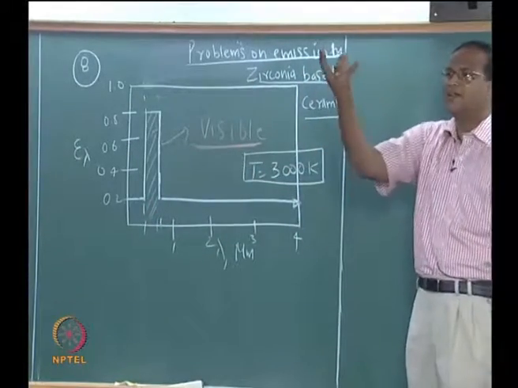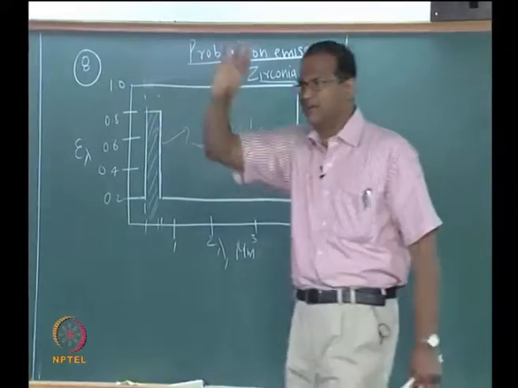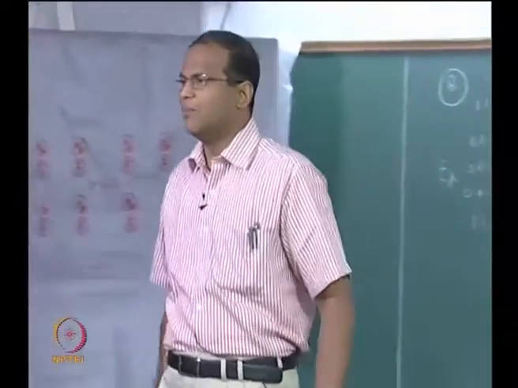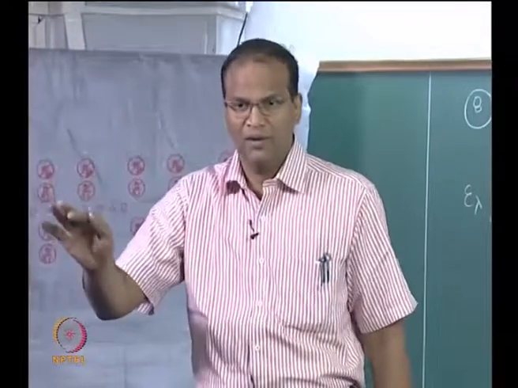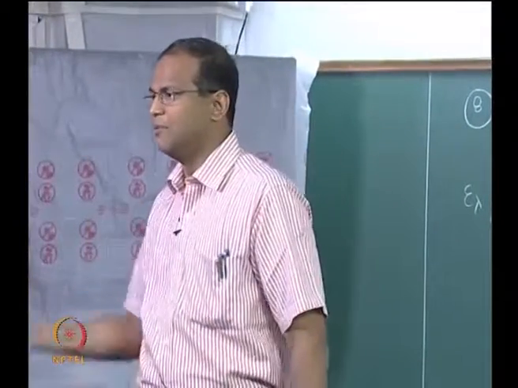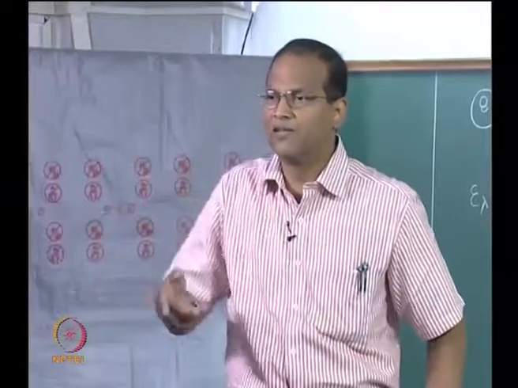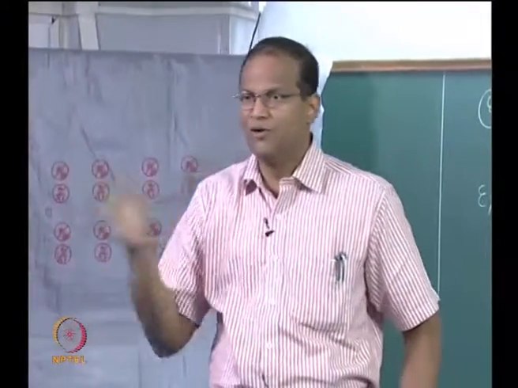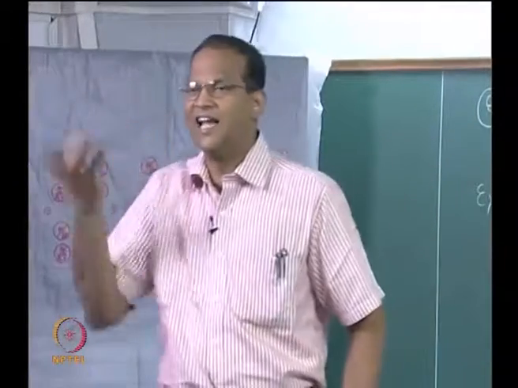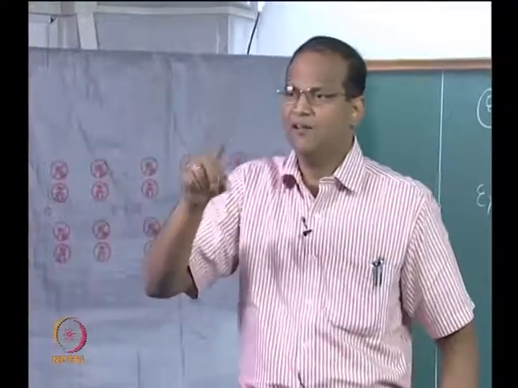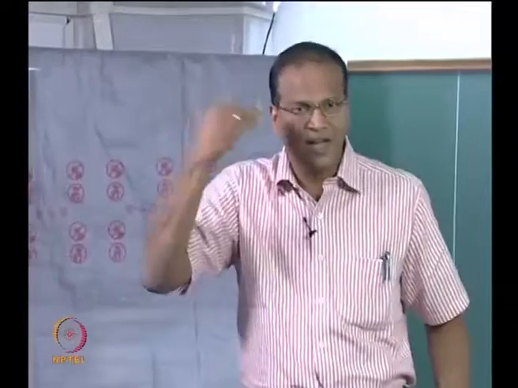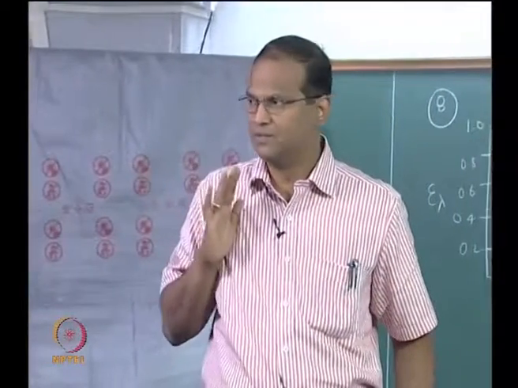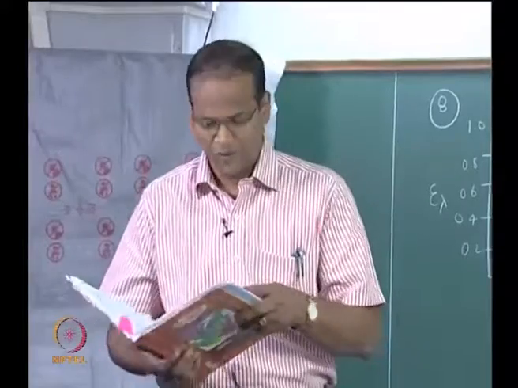Now assume that in your tungsten bulb everything is remaining the same. You pull out the tungsten filament, you are replacing it by a zirconia filament. Now we want to compare what will be the power consumption of this zirconia bulb. What is the ratio of the power consumed by the zirconia bulb to the power consumed by the tungsten, and in the visible part of the spectrum, which will give more light? Then you get an idea of the engineering aspects of what will happen if epsilon lambda versus lambda is given for various surfaces, and you are trying to calculate epsilon and other quantities which are of engineering interest. That is the goal of solving this problem.